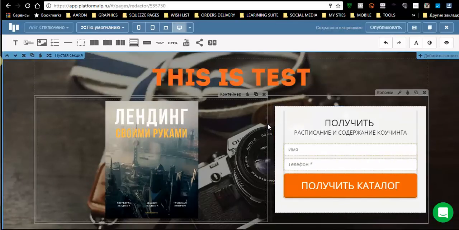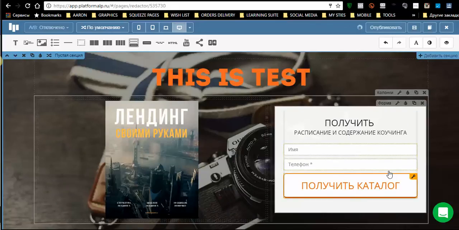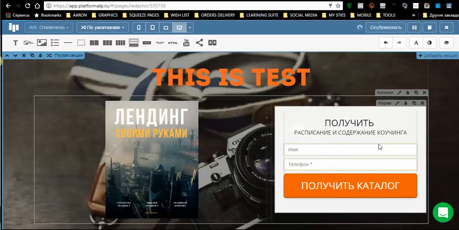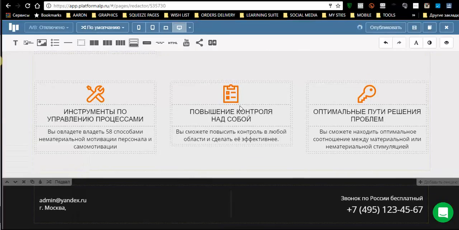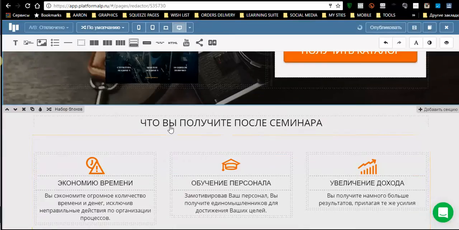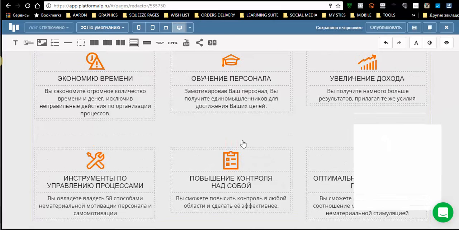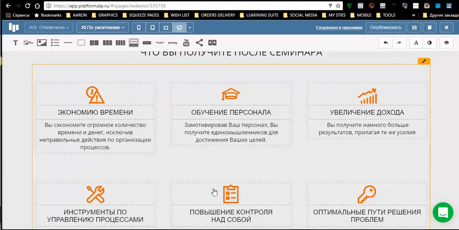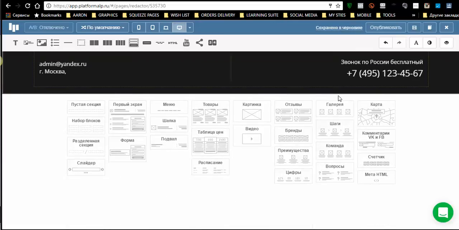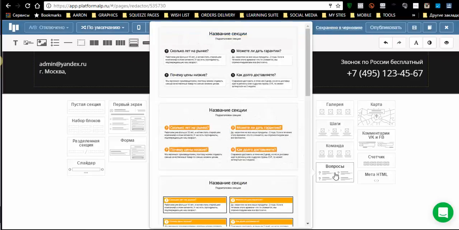So our heading is done, our image is done, the button is done. It's integrated with our autoresponder. I got GetResponse. The only thing that is left is this section, and I really would like to use a different one. If you like it, you can keep this section. You can stay with this design, or you can change it, and this is exactly what I'm going to do. I want to take